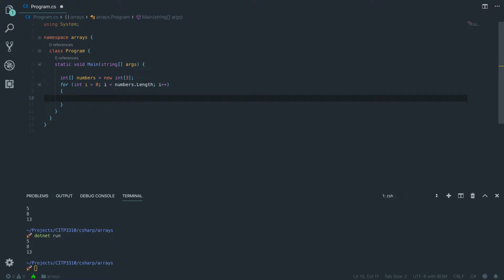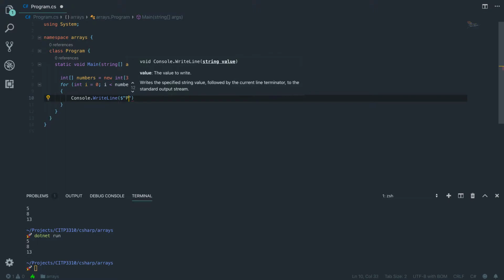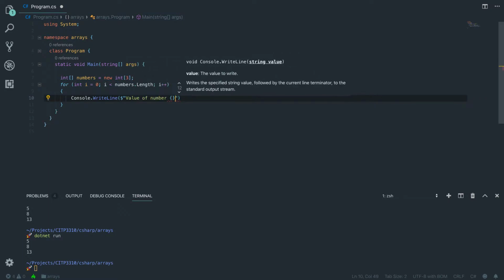You can say Console.WriteLine, string interpolation please, value of number I plus 1,